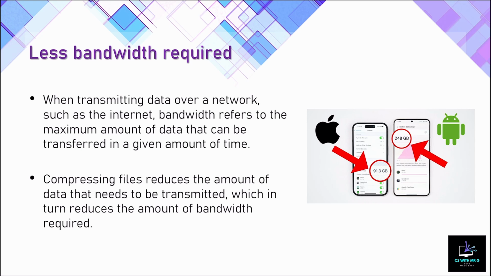If you've got a phone on 4G or 5G, you may be on a plan that gives you 50 gigabytes of data per month, for example. And the bigger the files are that you download, the more this will go down. Say, for example, you stream a film on Netflix that's in 4K and the file is 1 gigabyte. So after you've watched it, you've only got 49 left. If the file was compressed to 500 meg, then you'd have 49.5 gigabytes available instead. That's not accurate for a 4K movie, but just as an example,